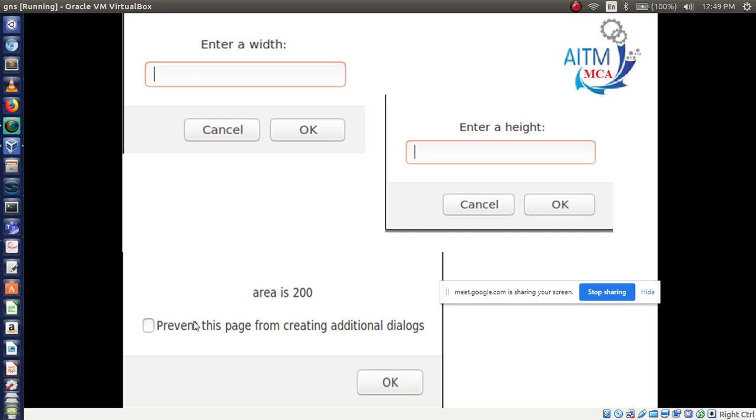Can anyone identify this box? Prompt box or alert box or confirm box? Which box it is?